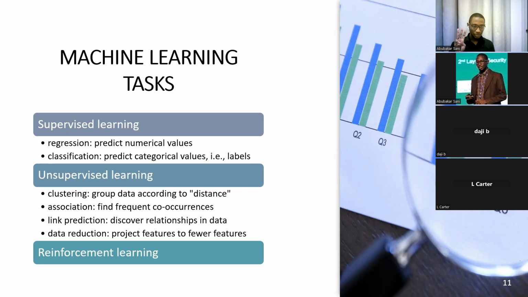So there are three types of tasks which AI, or let me rephrase, machine learning, because as I said, AI has many fields of which machine learning is just one. So machine learning can help you solve issues in these three fields: either a supervised learning problem, an unsupervised learning problem, or a reinforcement learning based problem. When we talk about supervised learning, we are talking about a problem where you have some historical data, and then you have some kind of label along with the data.